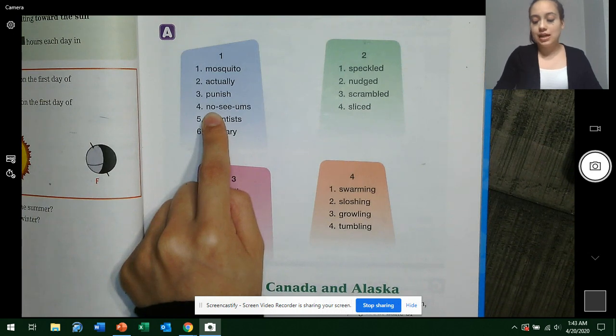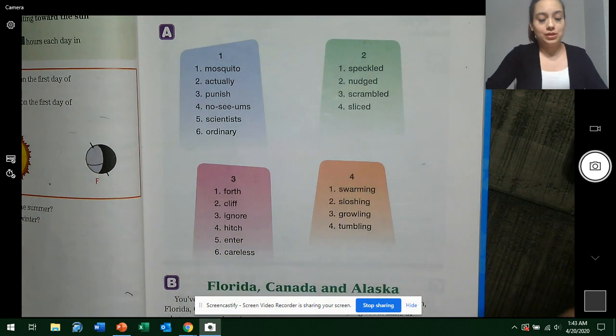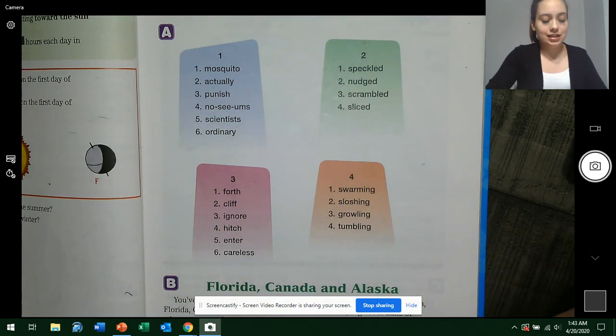Yes, no see ums are tiny biting insects that live in Alaska and Canada. No see ums feel like mosquitoes, but they are so small you can hardly see them. So Miss Gomez is going to show you a quick picture of these tiny insects so that you all can see. But they're super tiny. In the picture, they're going to be a little bit bigger so you can see.